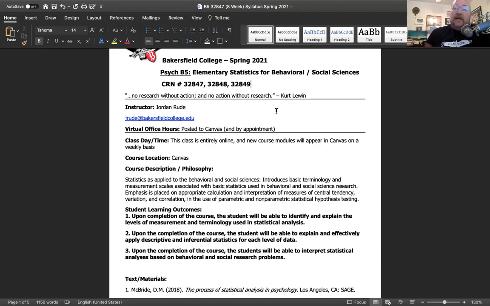And it's not just a math class where I'm going to say, do these math problems. No, the purpose of learning how to go through these statistical processes is ultimately to be able to solve types of problems, to promote action, like this quote is suggesting, right? So no research without action. That means do some research before you take action, before you decide how to act, and no action without research. So it's kind of cyclical. That means the problems that you see in the world can inspire research that is done. And so this essentially creates the scientific method, right? So I like that quote.